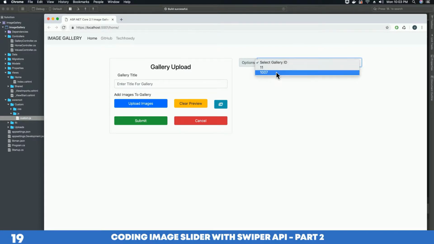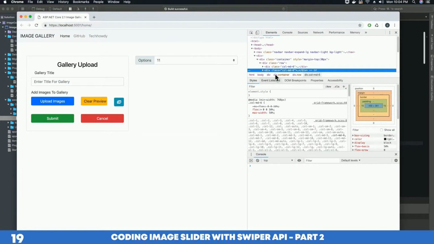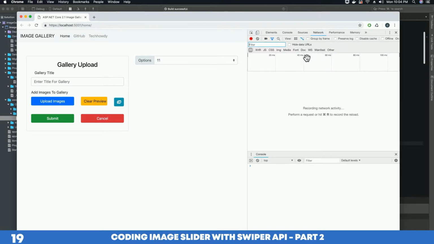Refresh. Now let's select and alert. See that? See the ID. I have three images with gallery ID 11, so it will be alerted 3 times. And if you go to the inspect tab and go to your network, and then you call this